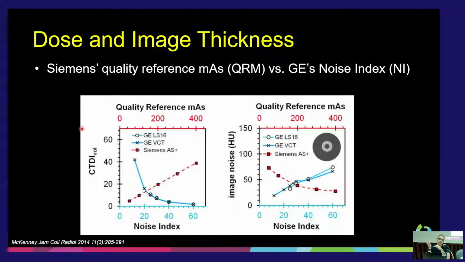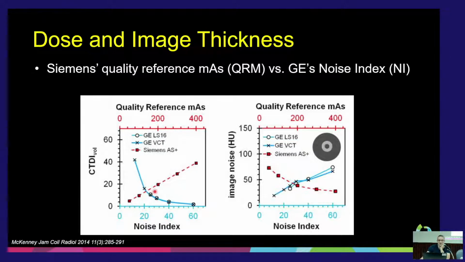The question was, if we want to optimize the high-res chest CT, we have one vendor and another. They have two different noise metrics. One uses noise index for the GE, the other one uses Siemens quality reference mass. They respond very differently. So if you look at the volume CTDI on this first plot, you can see that